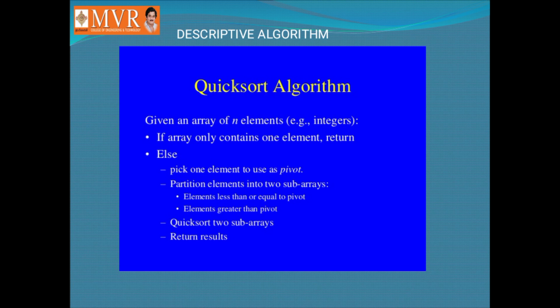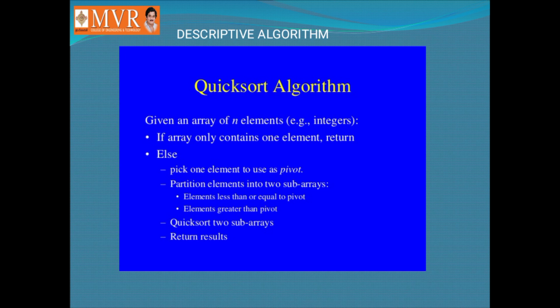For your convenience, every time assume the first element as the pivot element and start your process, because if you take any random element as a pivot element, you may get confused. So every time you start the process in quicksort, assume the first element in the list of unsorted elements as the pivot element, put a round around it so that you can identify it, and place a P on it so that you can identify it as the pivot element.